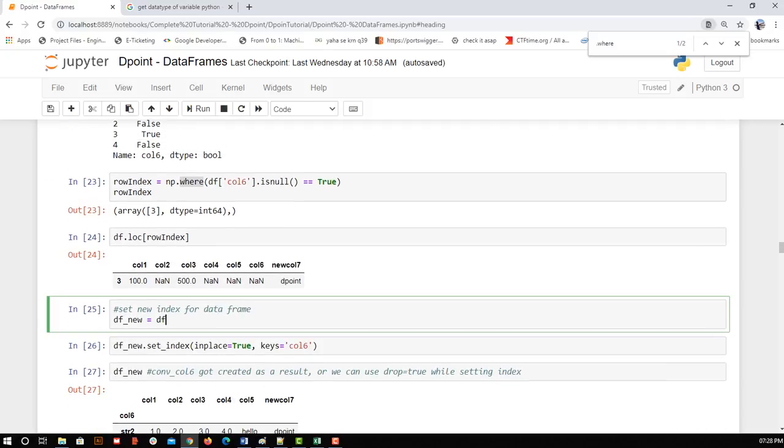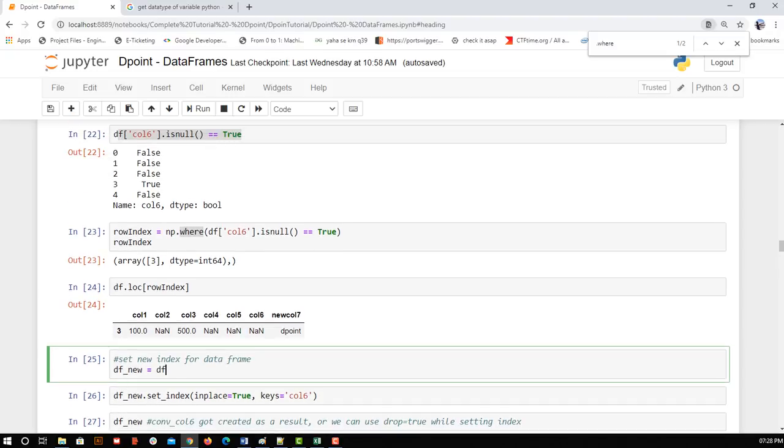Now I want to do some more manipulation, like appending, adding new data sets or concatenating new data sets. Those things we are going to cover, and that will take near 15 to 20 minutes, so for today that's it for now. Today we saw how we are filtering rows and columns based on conditions.